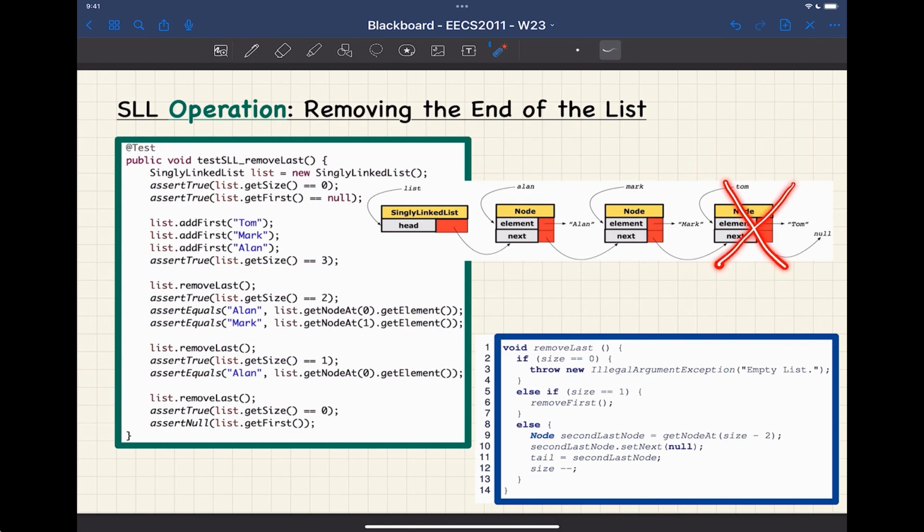However, if we only got a reference of a tail, that's the attribute we introduced as we talked about last time. If you only got a tail reference, it would not be enough for you to really remove this node, because the critical step for you to remove this node would be,